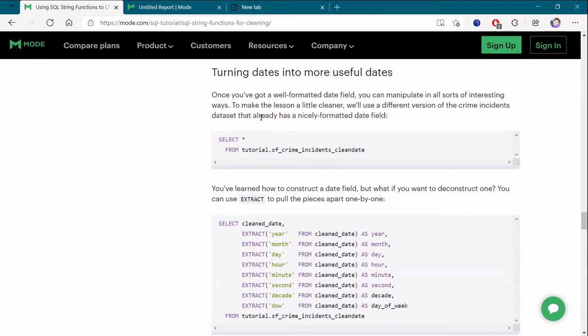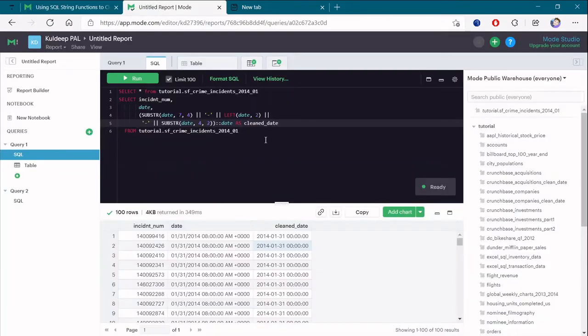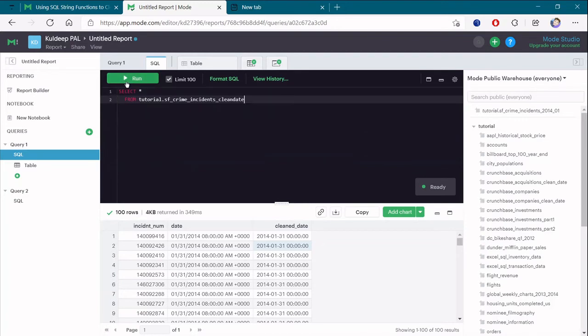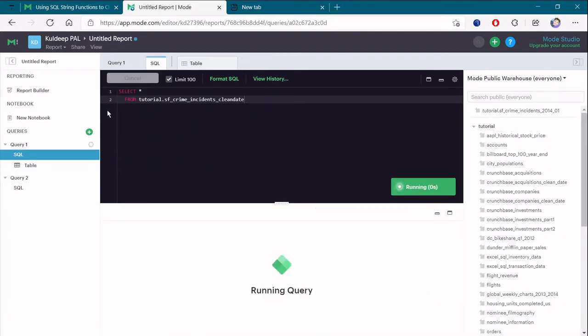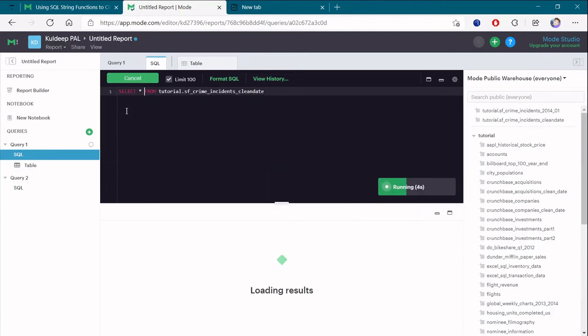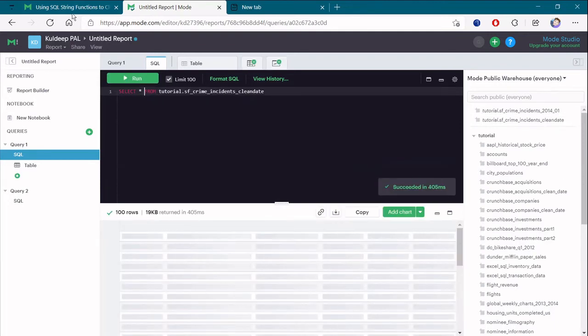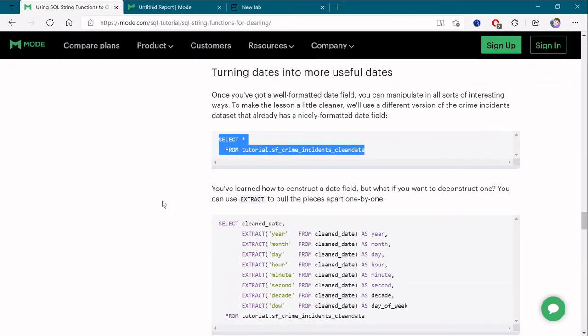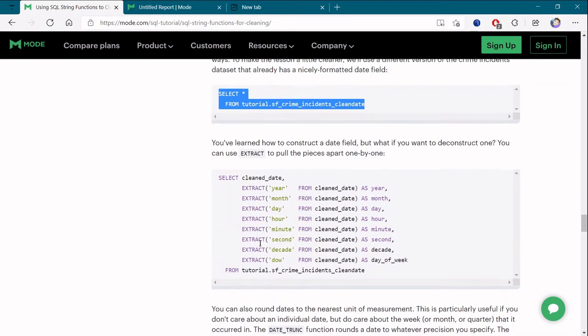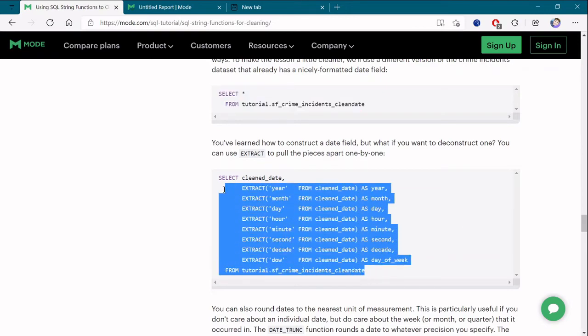And turning dates into more useful dates. So here, this is the thing we are using basically. Let's see what is there in the table. I hope there is something interesting we will be seeing here. Here we are extracting year, month, date from the date basically.